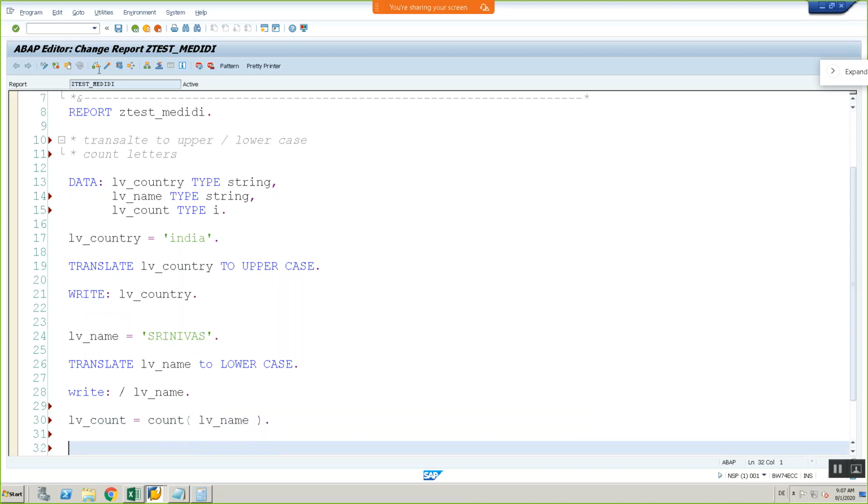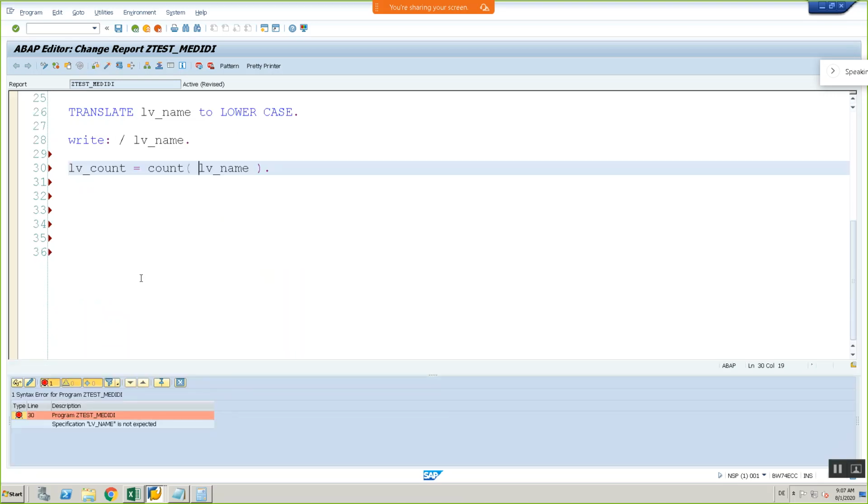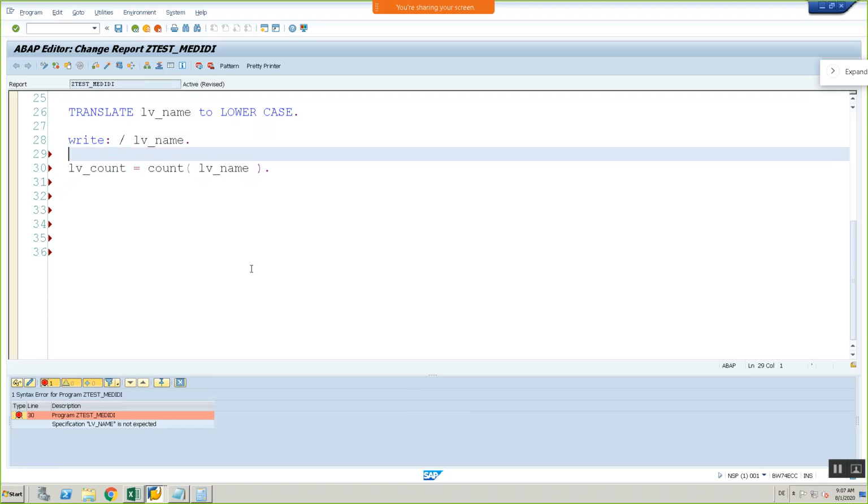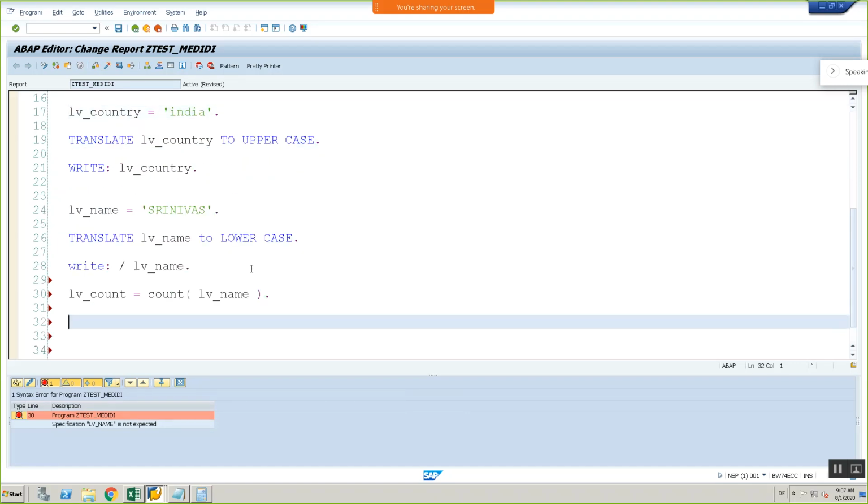And check whether any syntax errors are there or not. Oh, lv underscore name not expected. Why is it LV name?